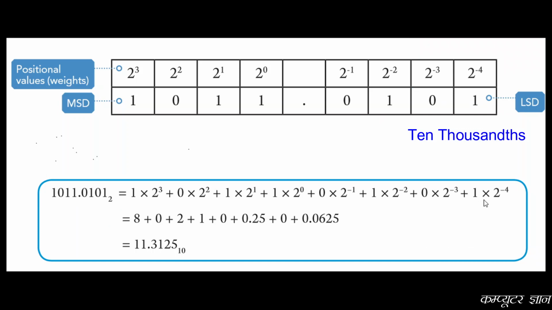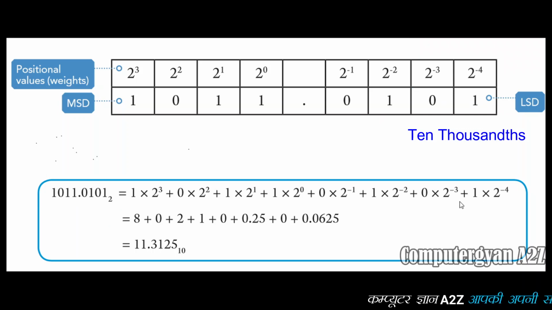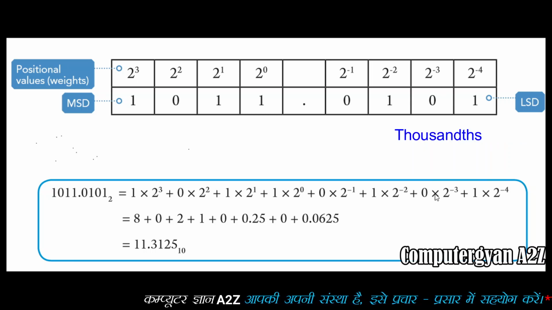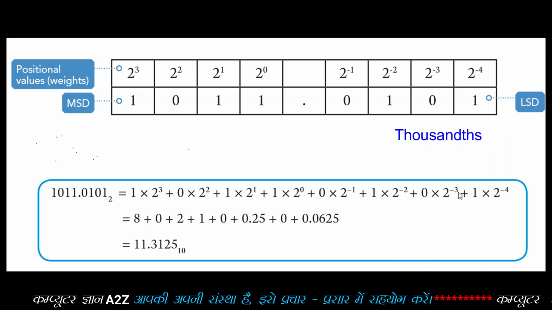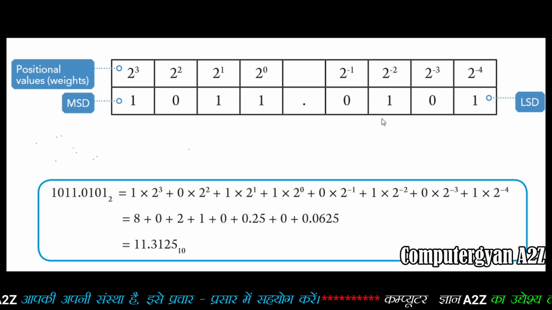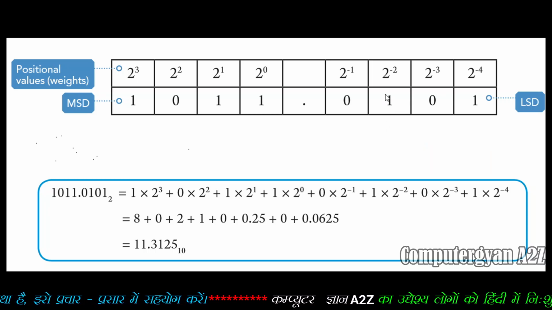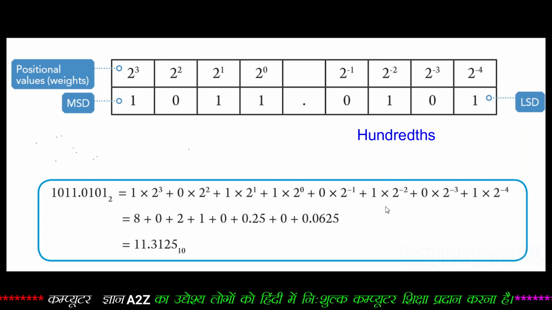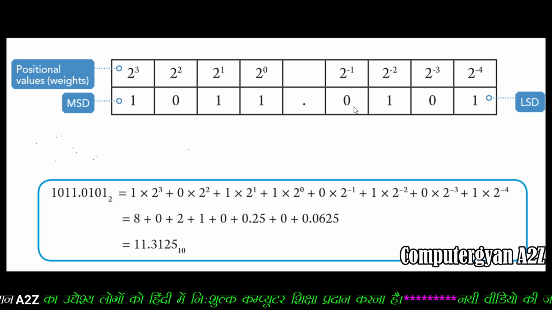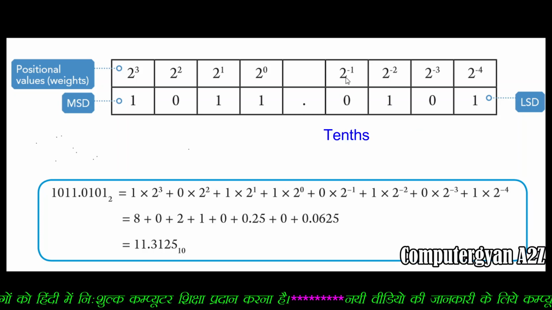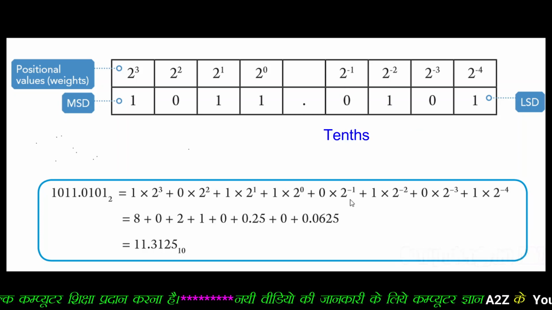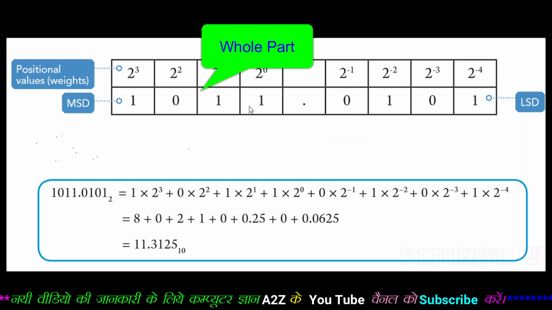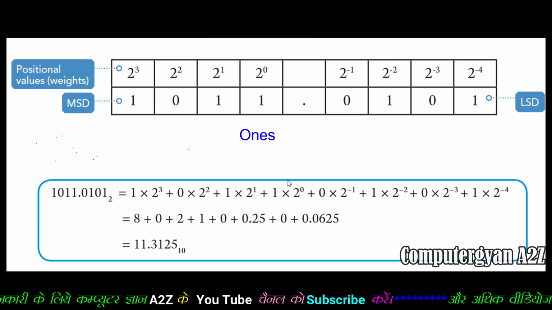So here it will be 1 multiplied by 2 to the power minus 4, and use a plus sign. After that, zero's positional value is thousandths, so here it will be 0 multiplied by 2 to the power minus 3, and use a plus sign. And one's positional value is hundredths, so here it will be 1 multiplied by 2 to the power minus 2, and use a plus sign. After that, zero's positional value is tenths, so here it will be 0 multiplied by 2 to the power minus 1, and use a plus sign. In the whole part, one's position is ones,